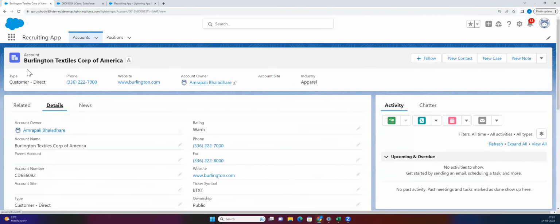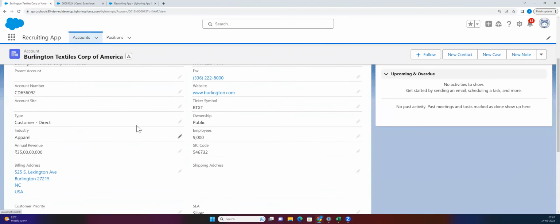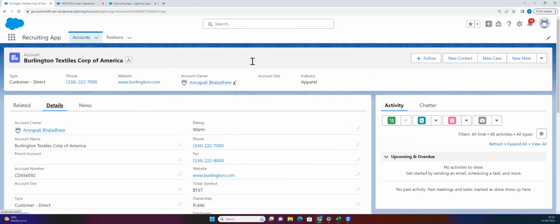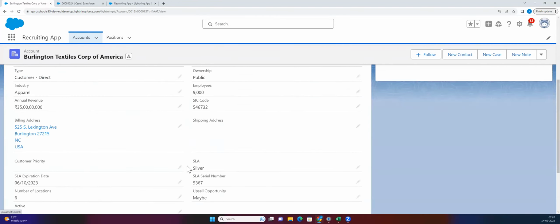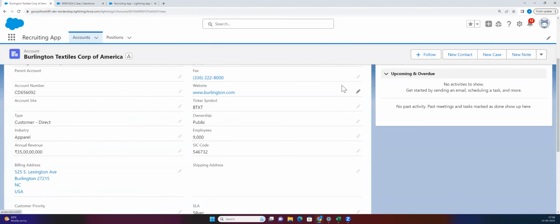For example, this is our account record, and we have all the fields like this. Now, if there is any requirement to edit this particular page or change the look of the page or field